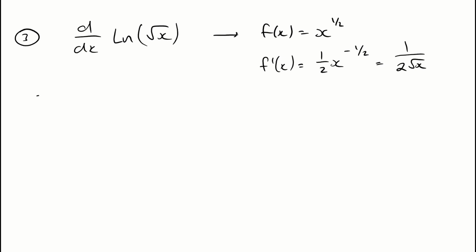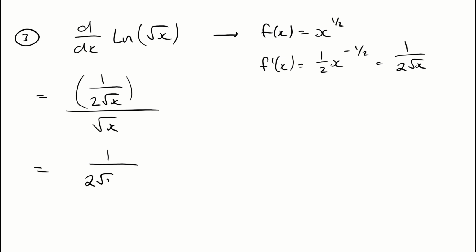And so the answer to this question would be my derivative, 1 over 2 root x, all divided by that original function, the square root of x. So this would be 1 over 2 root x times the square root of x, so just 1 over 2x